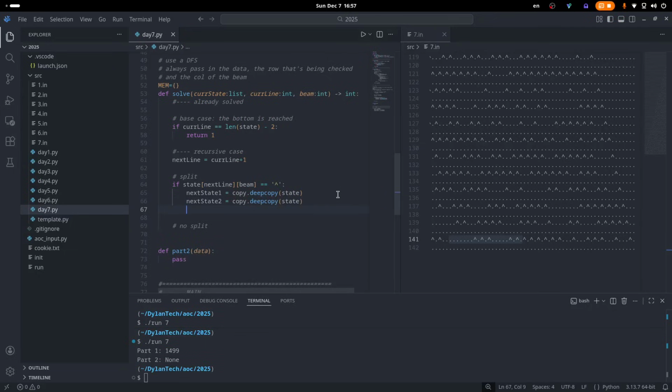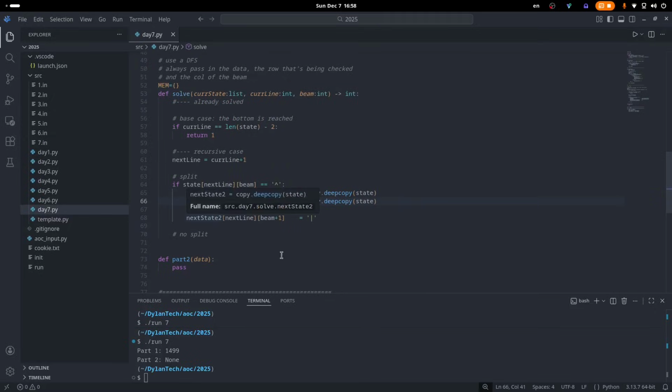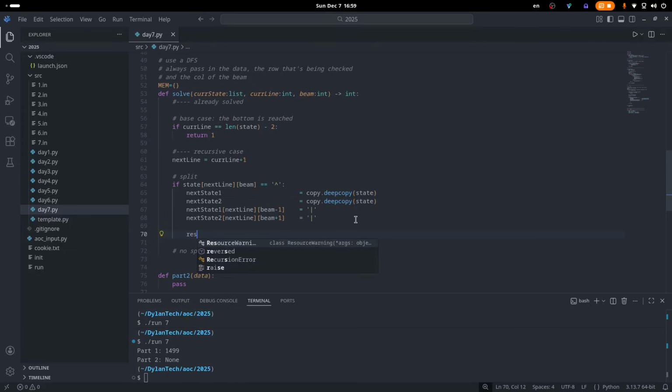So now we can just go ahead and insert the beam into the next states. I just said next state 1, next line, and one position to the left of our current beam, one position to the right of the current beam is equal to the beam. And if we were writing just a normal recursive function, at this point we would return our recursive function call, but I actually want to save what this returns and save it into mem. So instead of returning here, we'll just say our answer is equal to solve of, in this case, state 1